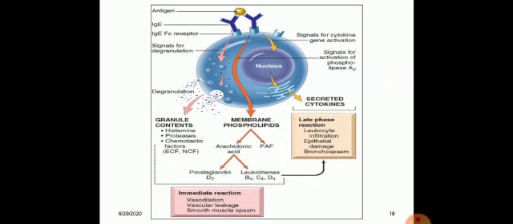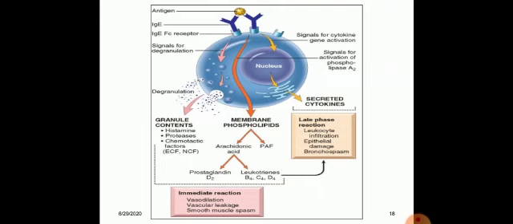So upon activation of mast cells, various contents from granules are released. It releases histamine, proteases, chemotactic factors. It also activates the membrane phospholipid and the arachidonic acid pathway, and it produces various prostaglandins and leukotrienes like prostaglandin D2, leukotrienes B4, C4 and D4, and it also secretes various kinds of cytokines.